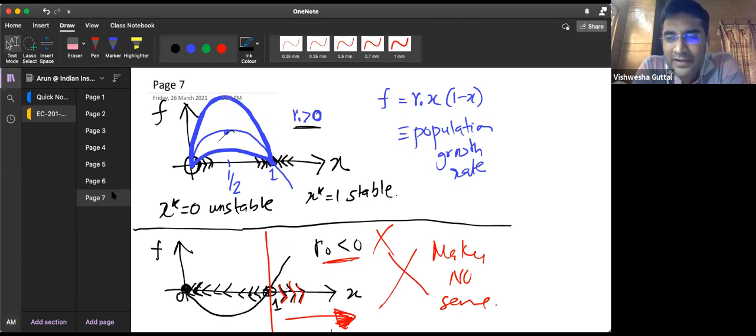Obviously the model you choose has to account for the numbers also, the densities that you're really working with. When very small populations are there, the discreteness of individuals becomes very important, and that can lead to a lot of additional sources of variation that these models will not capture. So in such a case, neither discrete time nor continuous time will work, because both of them have a common assumption, which is that